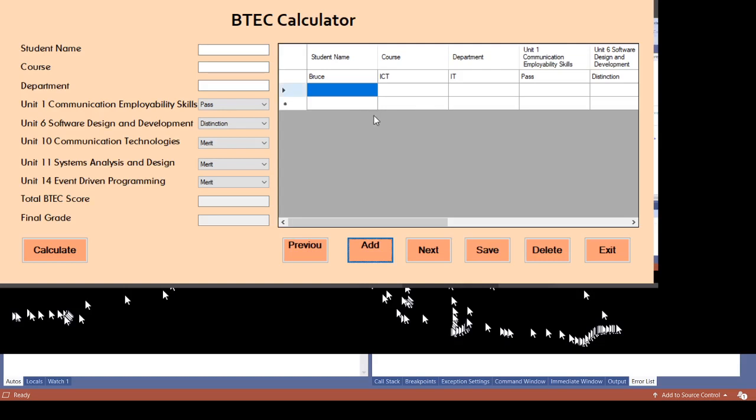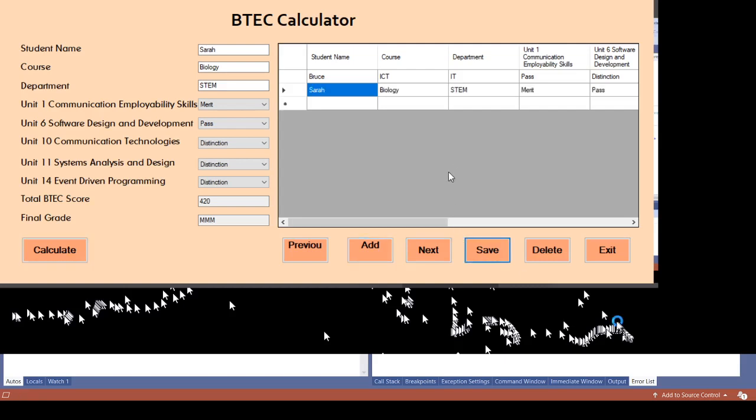Now this symbol here just tells you that this is where your next information will be going into. So you just say like Sarah, course, say biology, department, let's just say STEM. Then we'll change the grades for her. Remember, it will not take the previous information there because you didn't choose. So you calculate and you save and you get this. Always make sure you click on the add button,